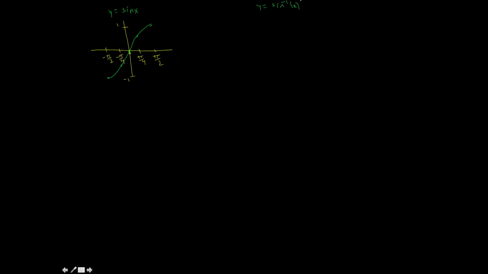Well, remember, it's just reversing the points, but that's a bit of an understatement, because if you reverse the points, that means you have to reverse your axes. So that means this is going to be pi over 2, and this is going to be negative pi over 2. This is going to be negative 1, and this is going to be 1. So see, you have essentially switched your axes for the inverse as well. So keep that in mind. You're not just switching points. You're also having to switch your labeling on your axis,